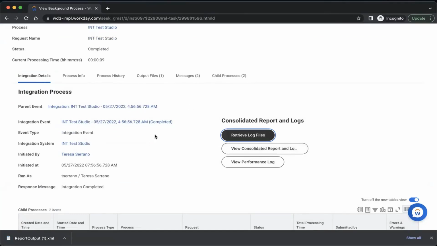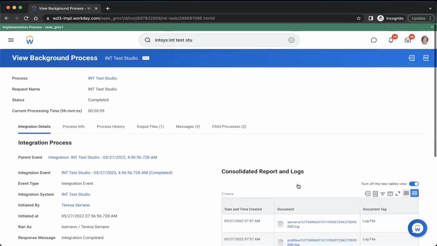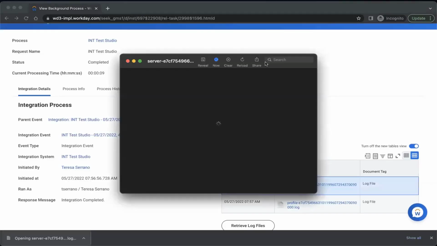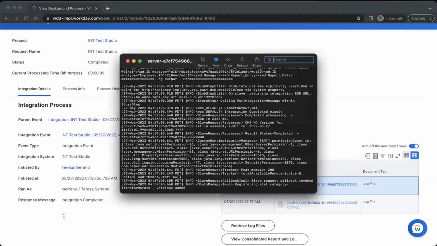The log file will have the same content. Yes, here it is.